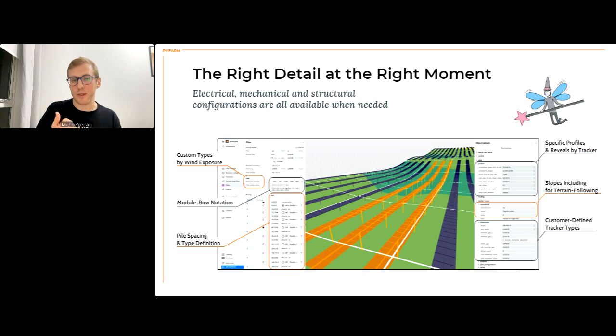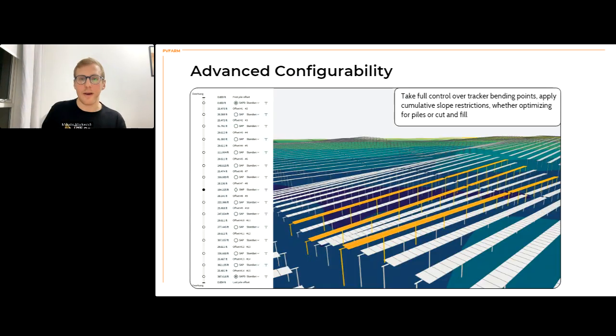So the way we wanted to build it is that we wanted the right details to be available at the right moment. So you don't need to insert them from the beginning. You can actually insert pile information late in the process. We'll talk about it more in the next slides, but now let's jump to the next one, and we'll talk